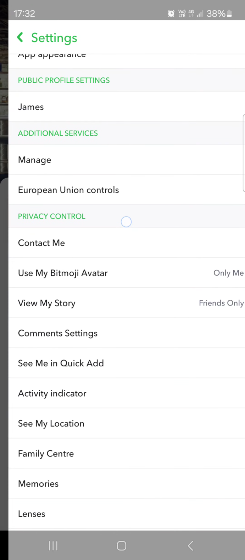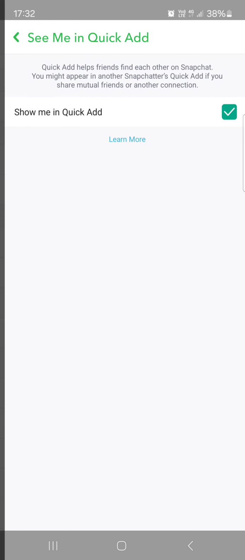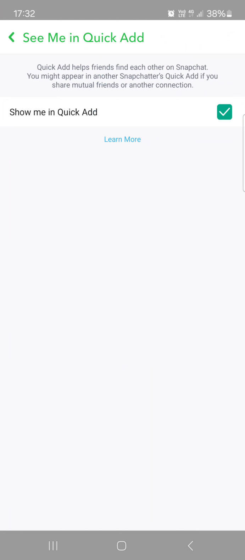And under Privacy Control, we find See Me in Quick Add. We tap on this, and if we tap on this checkbox, we can turn this off. This means that if we have some mutual friends,